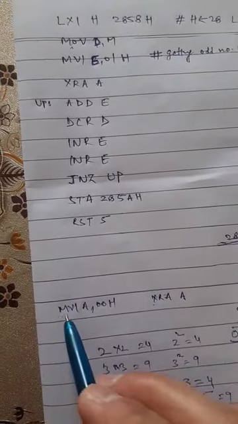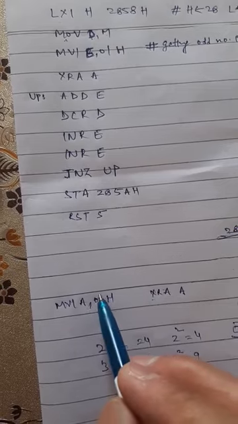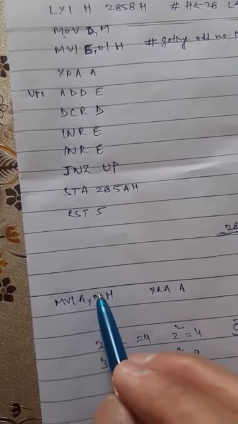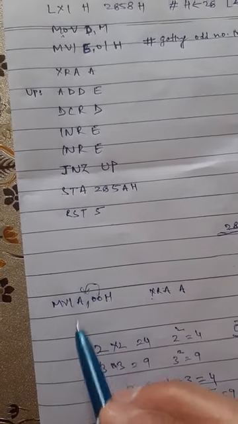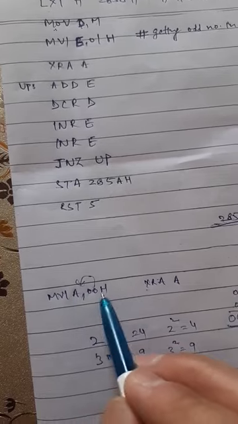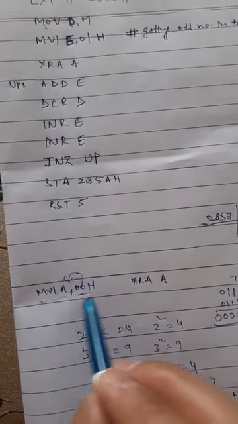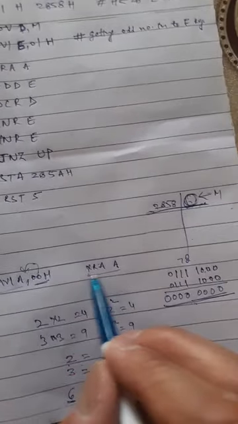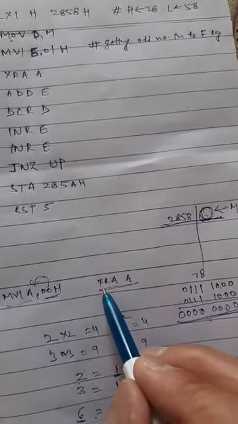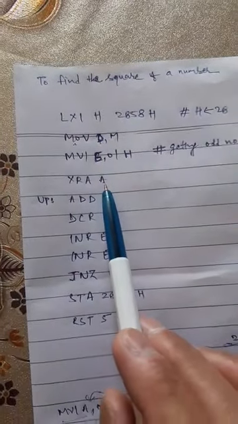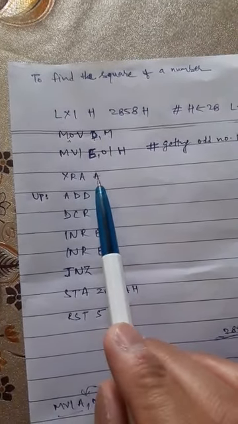Okay, this can also clear the A, because whatever content A was having, now 00 will be copied into A, so those contents are overwritten by 00. But this instruction is a 2-byte instruction and the other instruction is a 1-byte instruction. That's why I have used the instruction XRA A to clear the accumulator. Okay, now the accumulator is cleared.